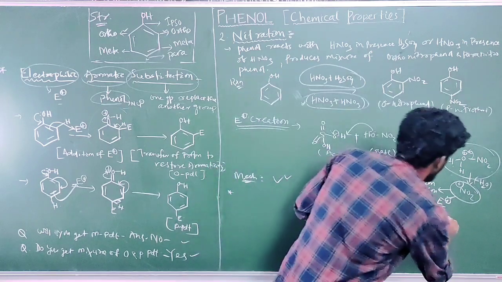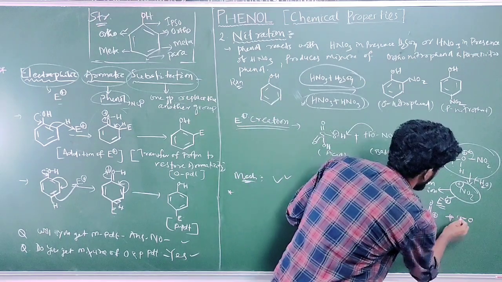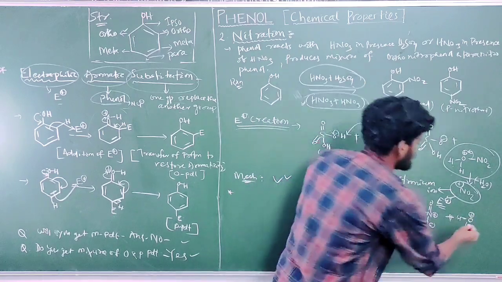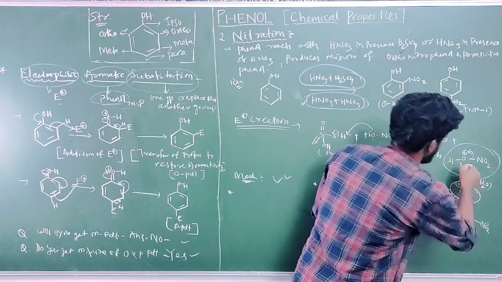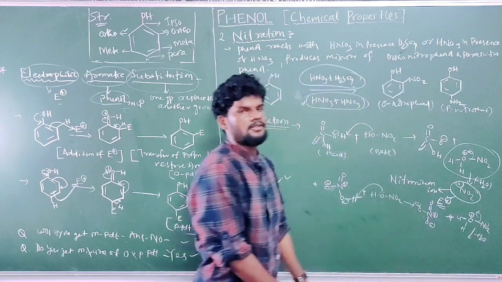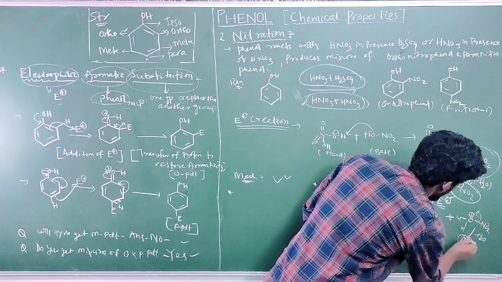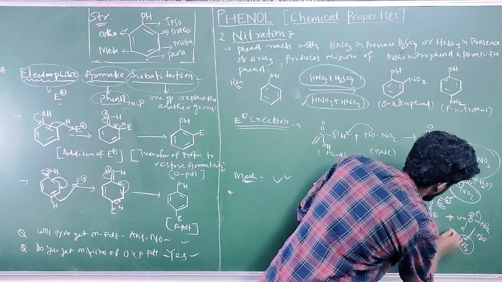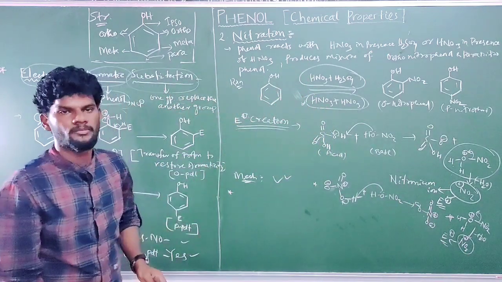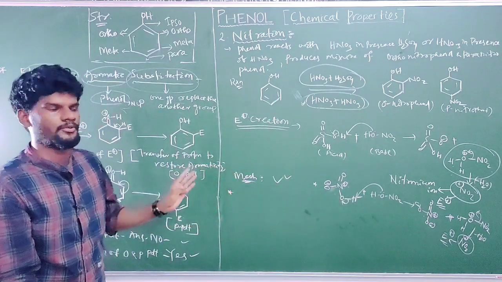and focus on this structure. OH takes the hydrogen to form OH2, and oxygen donates its electron, positive charge over oxygen, attached to NO2. Okay, easy. In the next similar step, water will leave, and then over nitrogen there is positive charge: NO2 plus, same mechanism. NO2 plus is the electrophile, that is nitronium ion. So in the first case, you can use HNO3 in presence of H2SO4, or in the second case HNO3 in presence of HNO3, to get the electrophile NO2 plus, nitronium ion.